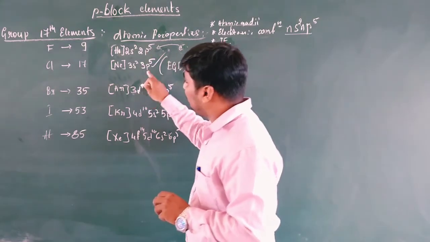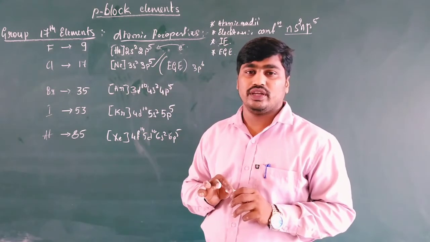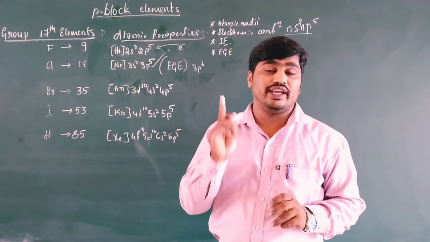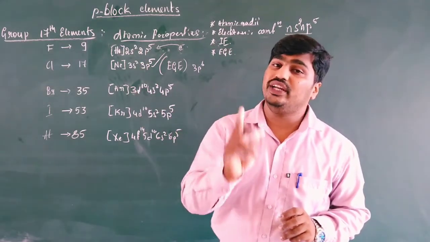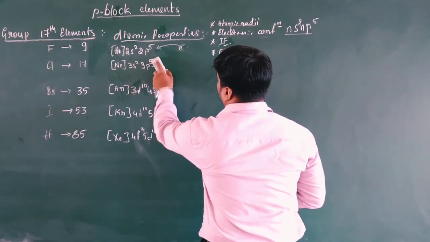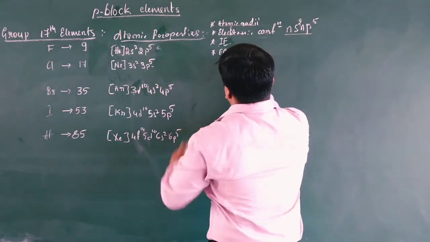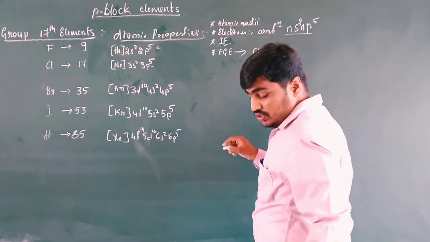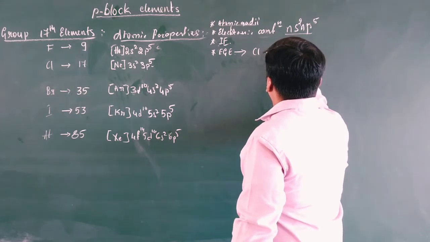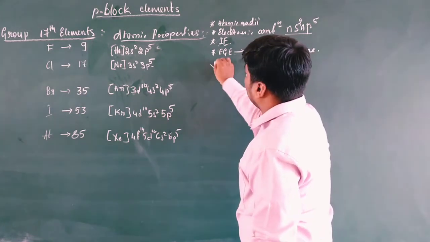Okay. So some differences are observed. Fluorine does not show more electron gain enthalpy, but the electronegativity of fluorine is very high. Next,